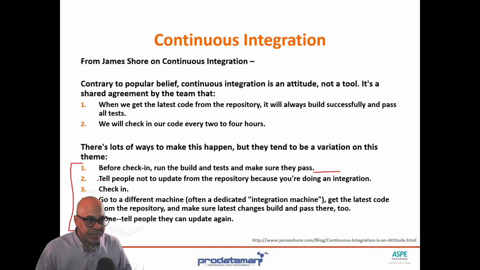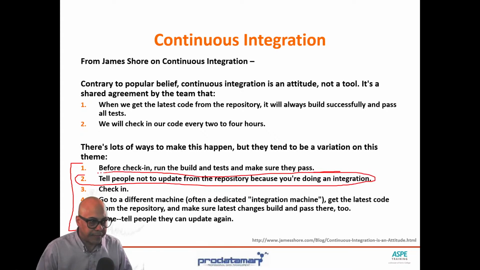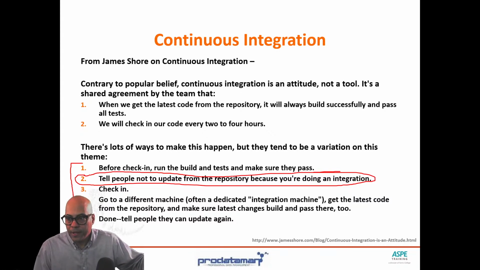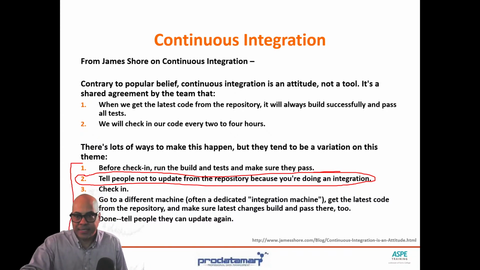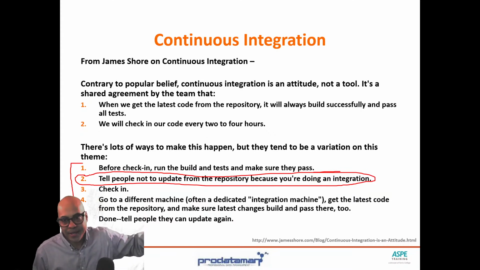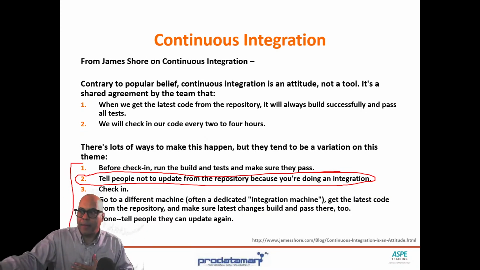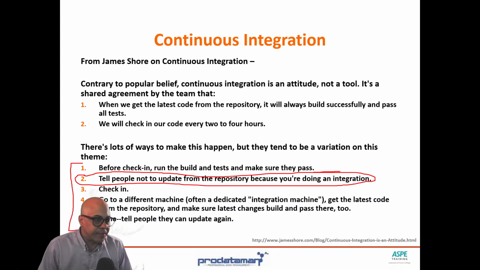All right. So this next step number 2, in Azure DevOps, we don't need to do this because it automatically locks the repo while it's doing the commit. Well, technically it doesn't lock it, but that's the easiest way to look at it. What it really does is put our commit into a shelf, and then it runs the tests from the shelf. And if the build and the test don't pass, it just removes it. So there's no need to lock the primary repository because we're not putting something in, testing it, and taking it out. We're basically putting it over here in the lobby. And if it passes all the tests, then we let it go from the lobby to the hotel room. But anyway, we can skip that step in Azure DevOps.